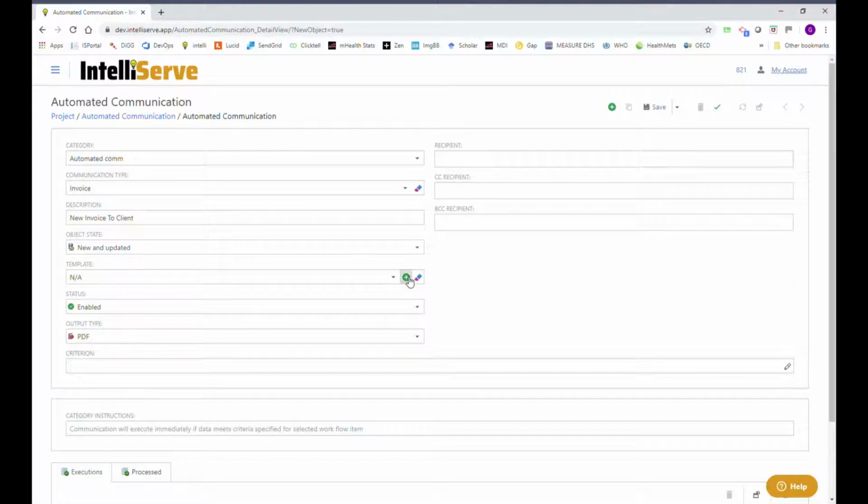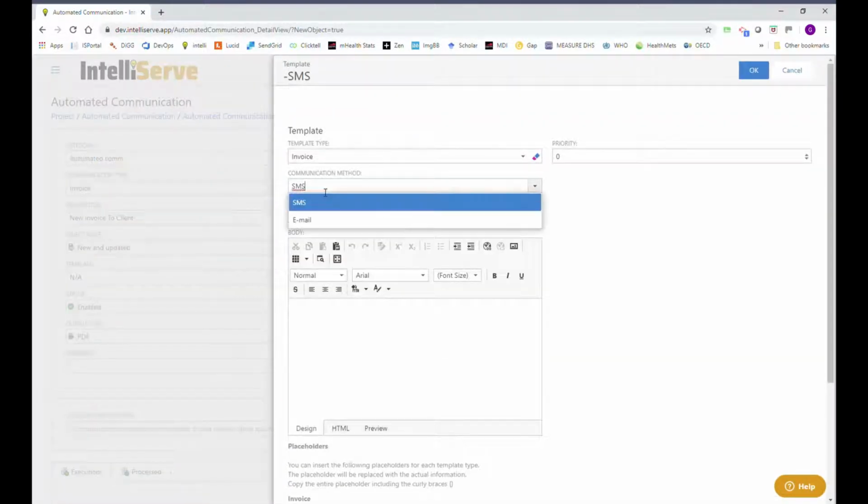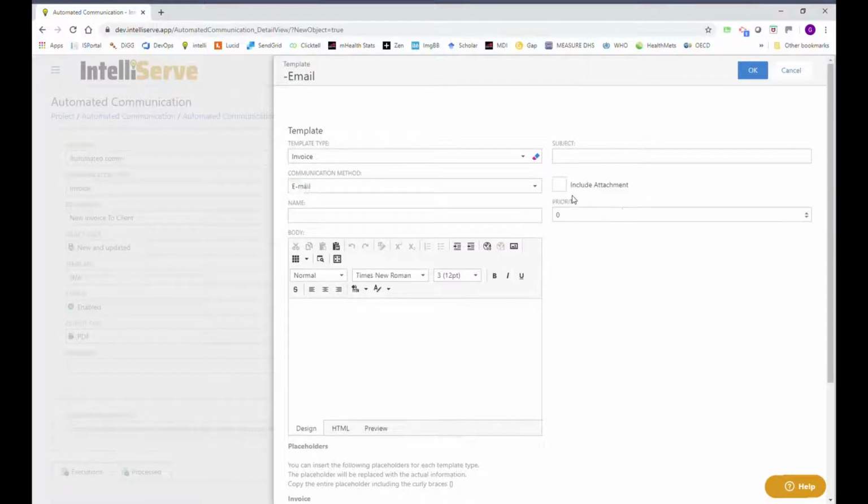Let's create an email template. Just make sure the communication method is set to email if you want it to be an email. And let's give the template a name. New invoice to client. Okay, we can give it a subject. We can say invoice, and then